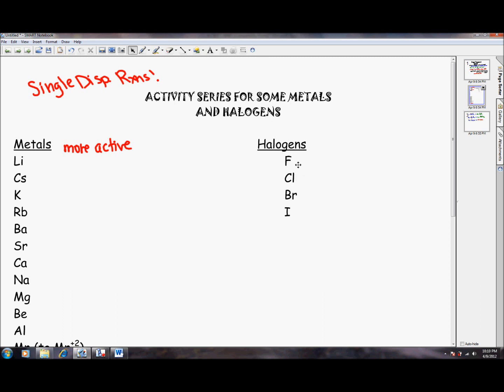So you can only compare the activity of elements that are in the same column. You can't say, is strontium more active than chlorine? Strontium and chlorine are not competing with each other, okay, because that's kind of what is going on. The metals are competing with each other for electrons. Instead, strontium and chlorine would end up bonding together. So you can only compare 2 elements in the same column with each other to see if one could knock the other one out. So let's look at a quick example